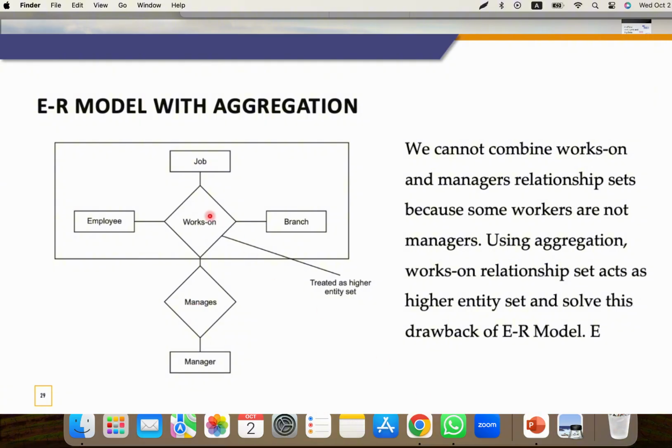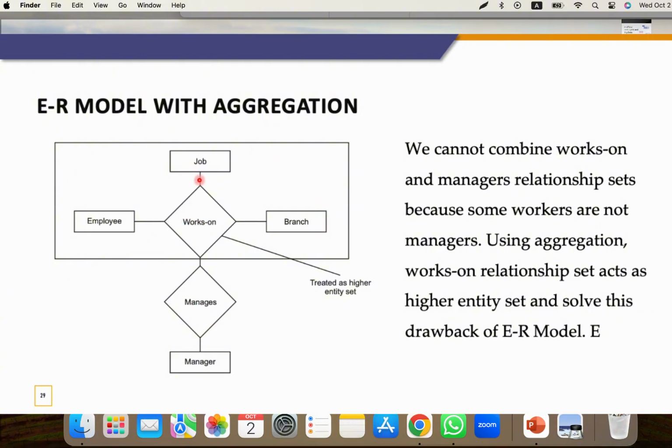The works on relationship set, when combined with the job entity, is treated as a higher-level entity set within the manages relationship. This means that instead of directly relating the manager entity to each individual entity like employee, branch, and job, the manager is related to the aggregated unit,